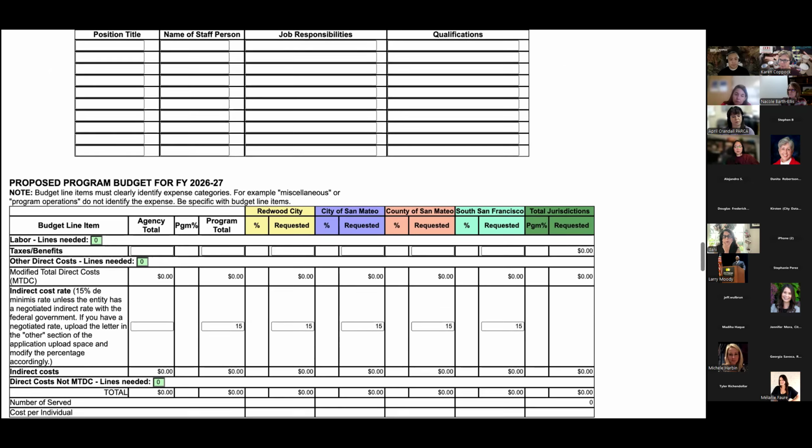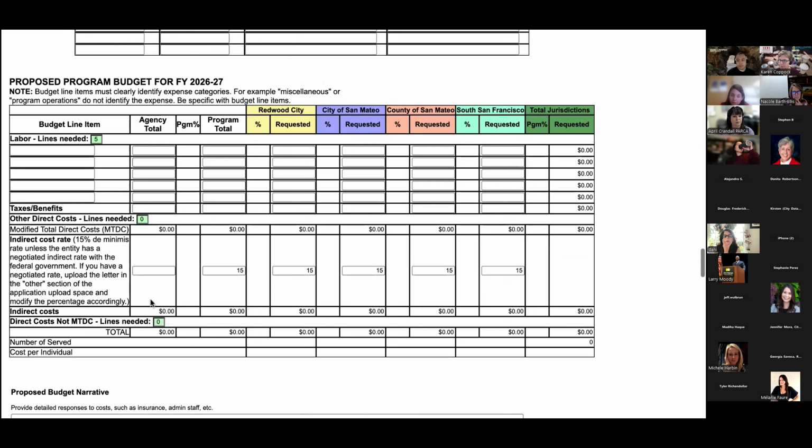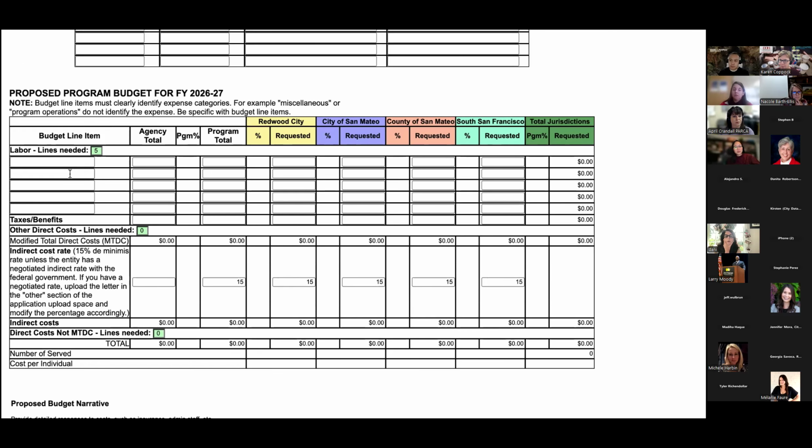I will mention, and this is really more of a problem down in the budget table, if I put in 5 for labor lines, and let's say I put in information for 5, but then I realize, oh, actually, I think I just need the first 3. You should delete out the information in the bottom 2, because those don't automatically blank out, because we had some issues where people would change their mind and say they want 3, they want 5, and then they'd get mad that their information automatically deleted. So it doesn't automatically delete anymore. So you would need to manually do that.